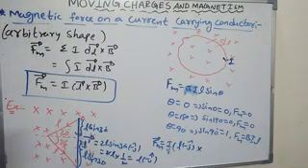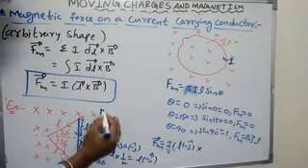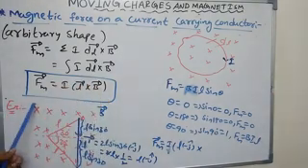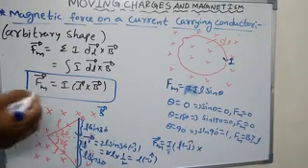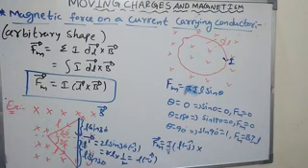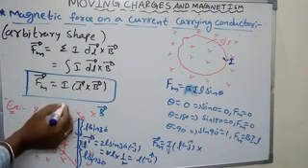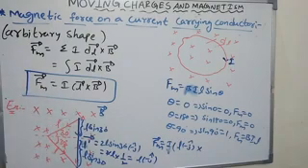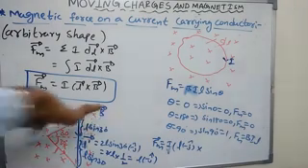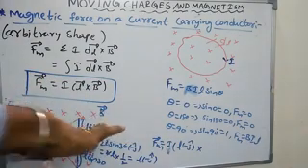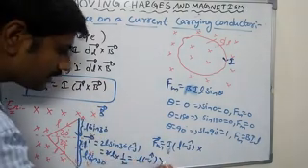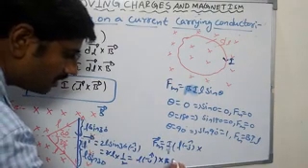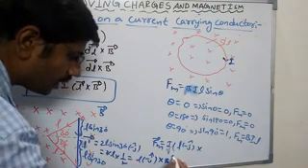B bar, the magnetic field, is what here? Into the board. The cross representation means the magnetic field is perpendicular into the board, or perpendicular into the plane of the paper. If it were a dot representation, the magnetic field would be perpendicular and out of the board. Here the cross representation means the magnetic field is perpendicular into the board. So the magnitude is B and the direction is k cap.